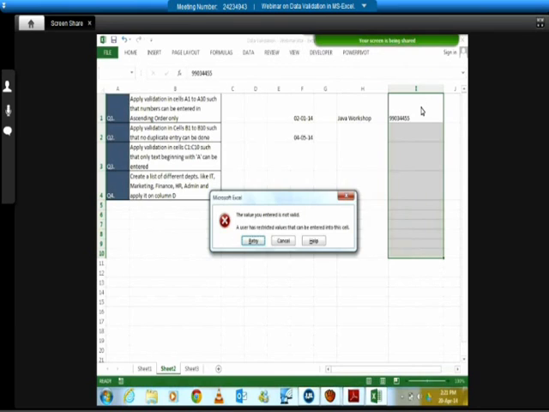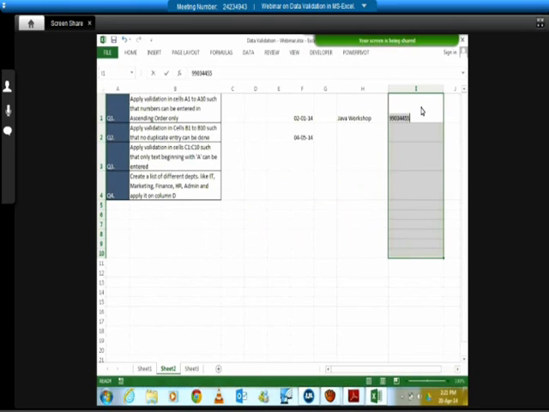Text length, I mean, basically it works on the numeric field. So like numeric text. See, yeah, that's a common question that I have been asked quite a number of times. The numbers can be saved in Excel as text. The numbers can be treated as text in Excel. So it is like treating as a string.